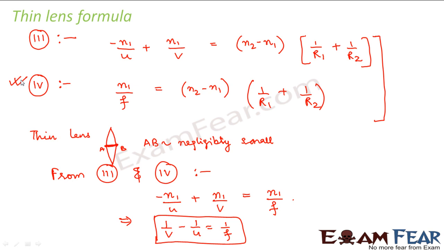So assuming this, we reduce the formula to this. Therefore, there are two formulas related to a lens. One is the Lensmaker formula, which relates the image distance and object distance to the radii of curvature of the two spherical surfaces. And the other one is the thin lens formula, which can be only applied for thin lenses and which relates the image distance and object distance directly with the focal length, ignoring the two different radii of curvature, because it assumes that the lens is very small. So there is no point considering R1 and R2 separately. Considering R1 and R2 is not required, because we are assuming that it is very thin.